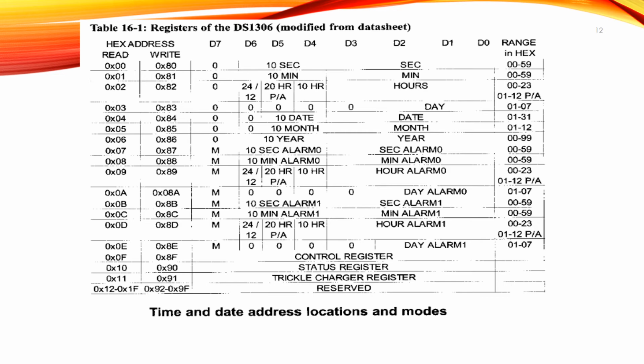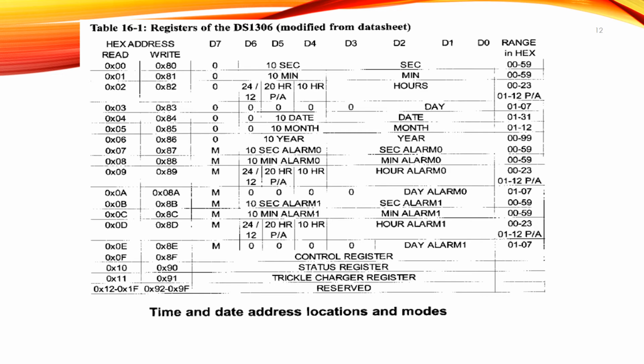Then 20H to 7FH, a total of 96 bytes. In the figure you can see 20H to 7FH. They are available for general purpose data storage. The other locations are skipped. That means only the accessible locations and the respective addresses shown in the figure can be used. You can see there the hour setting, date setting, and month setting, and even the hexadecimal range is also given. This is directly from the data sheet.